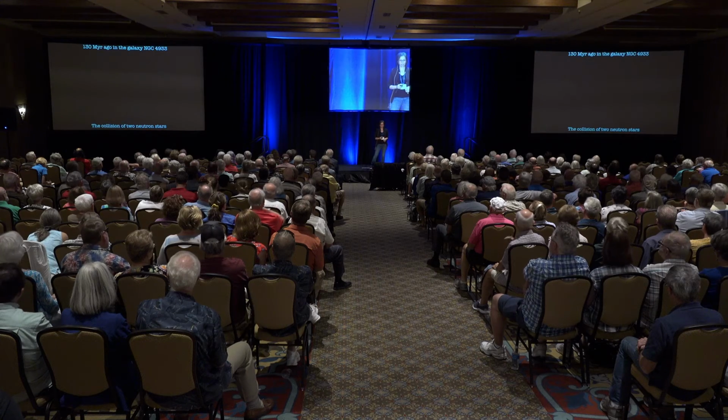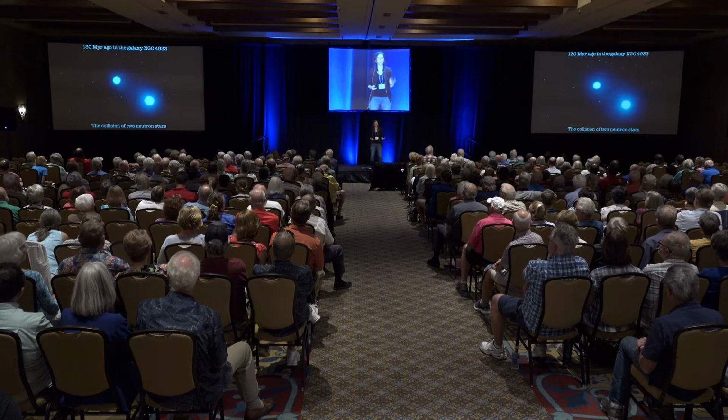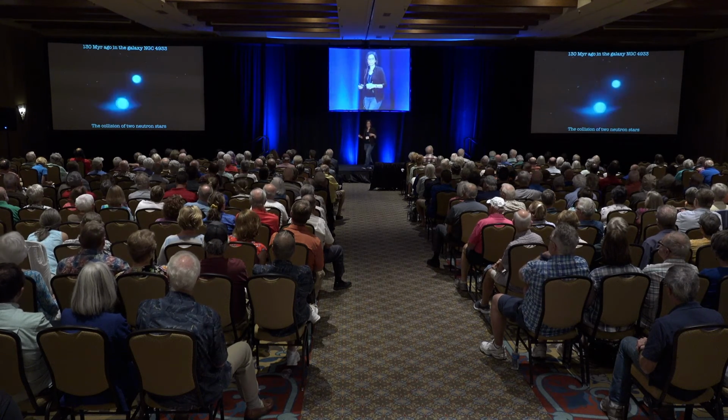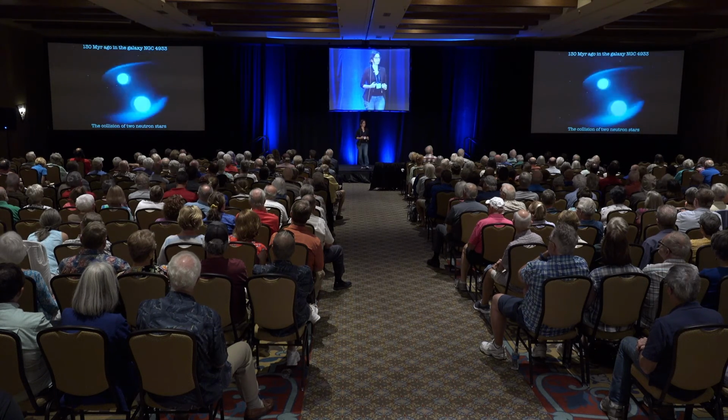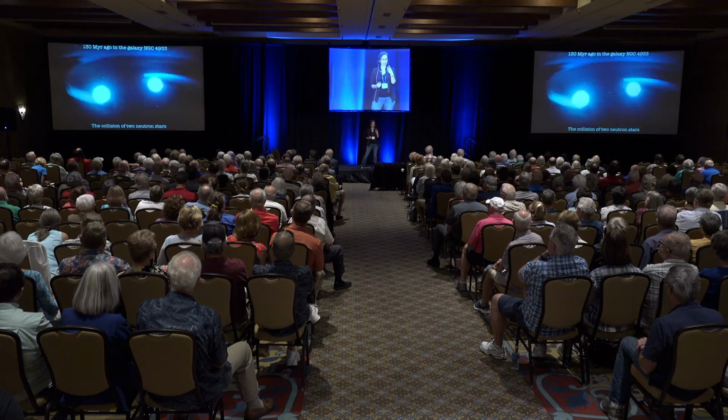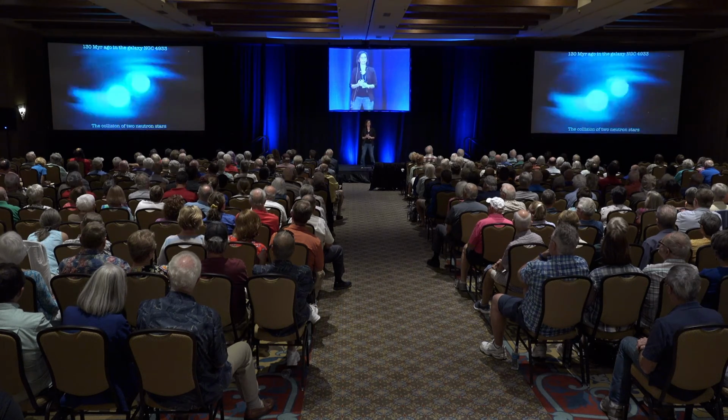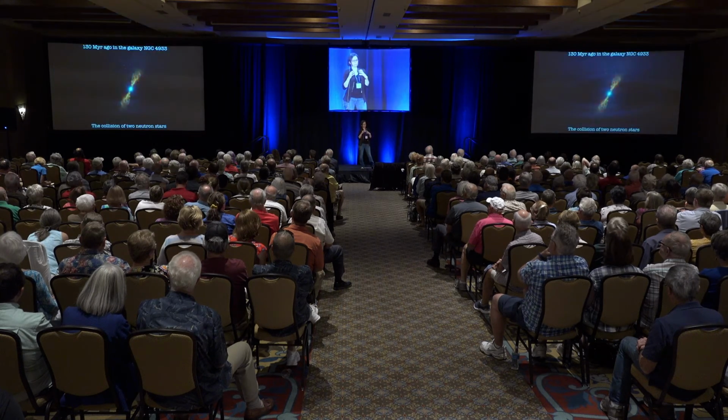And so what happens is the following. These two neutron stars lose energy and they start rotating faster and faster and faster, and at some point they merge. And when they merge, they also produce a very luminous